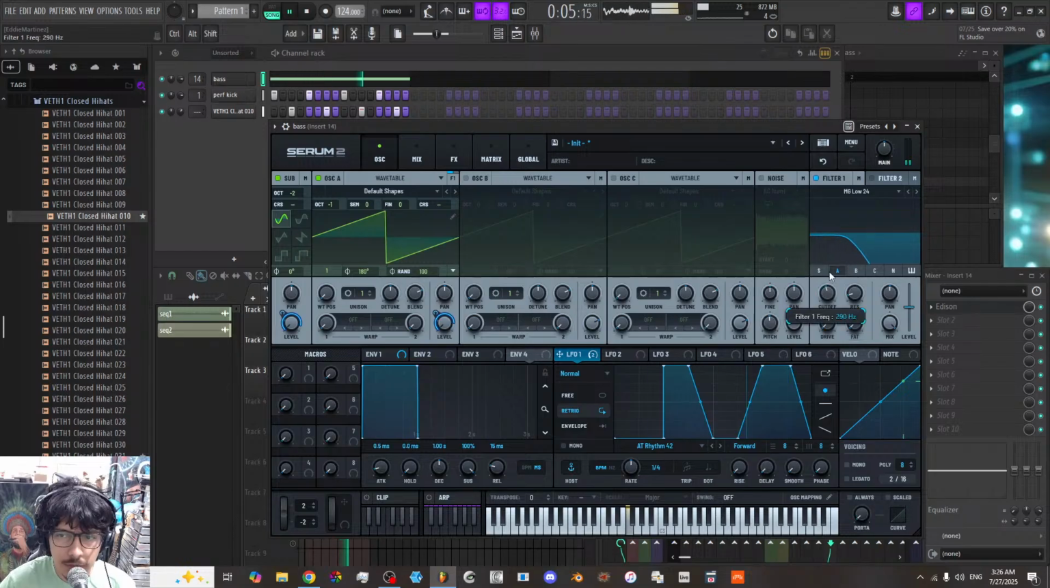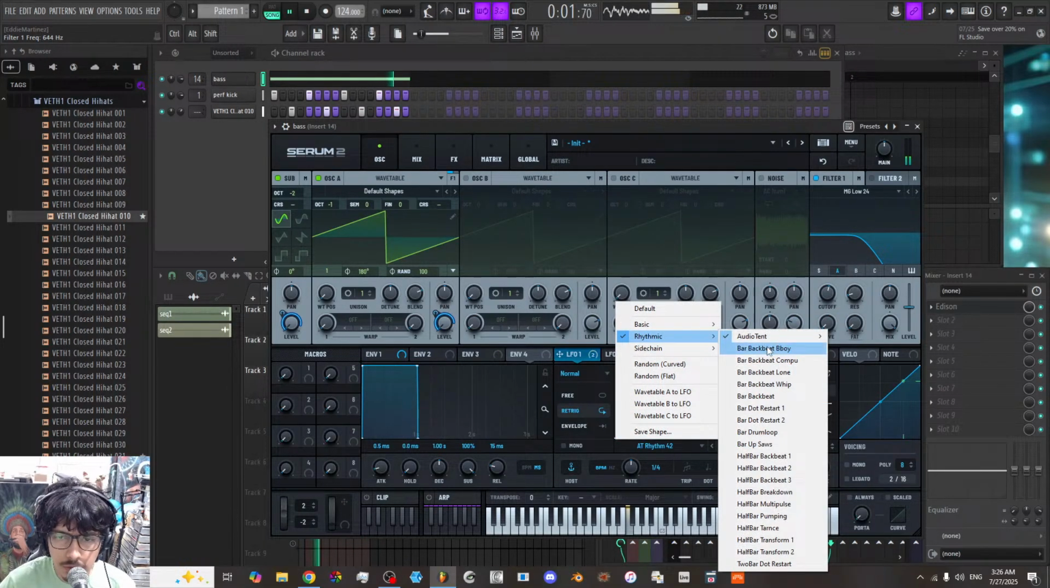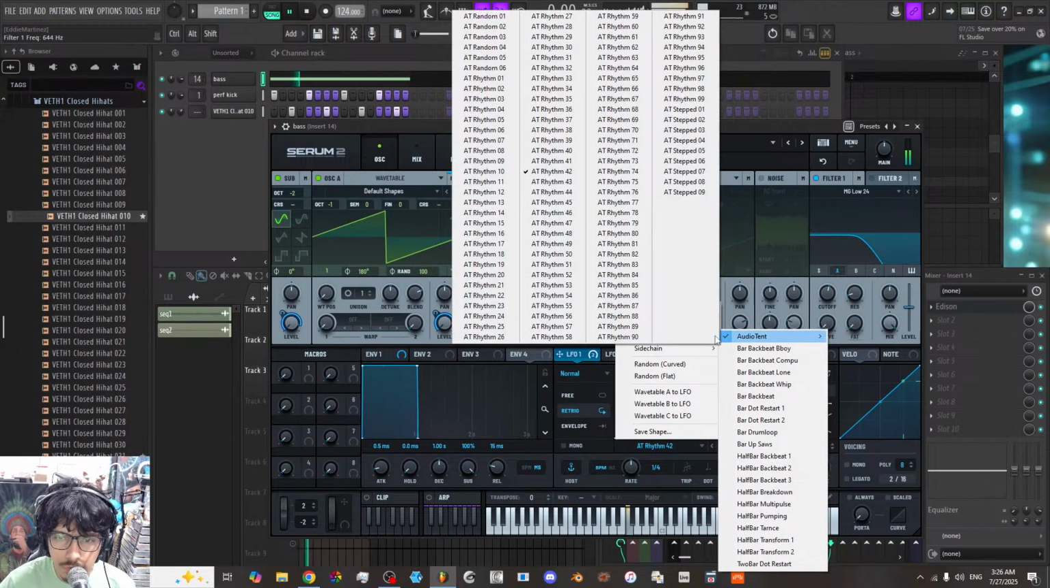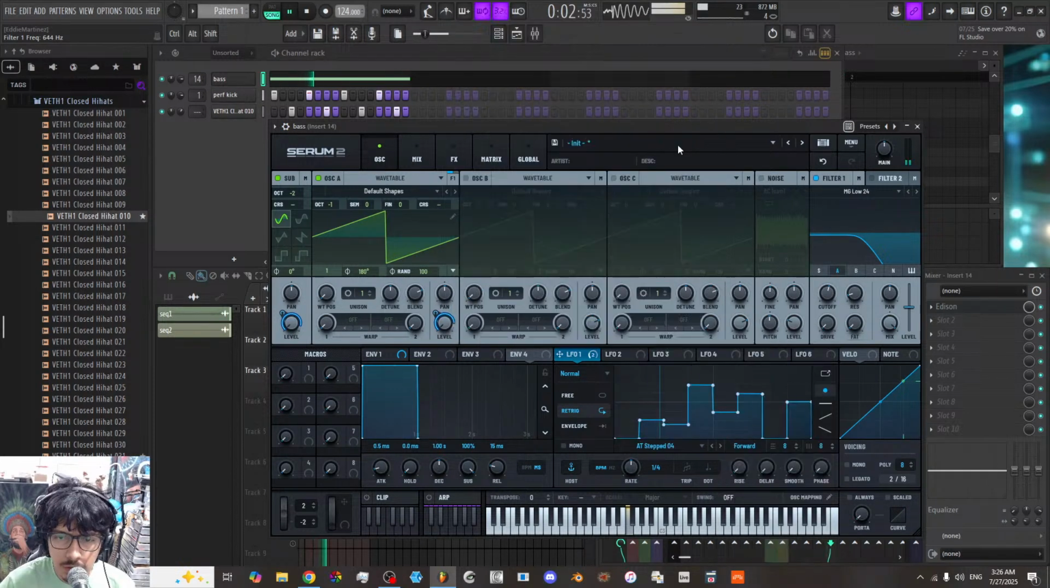That's not bad. Let's choose something else here. Dang it, why is it doing that? That's very frustrating. Cool, so I can basically